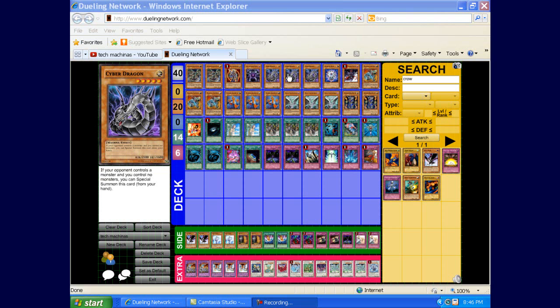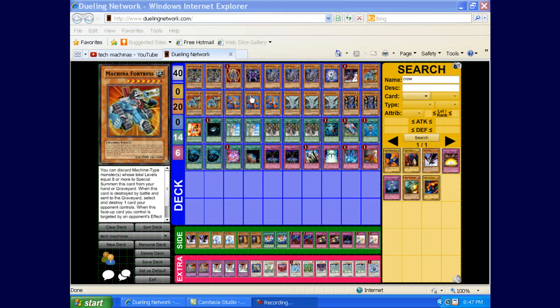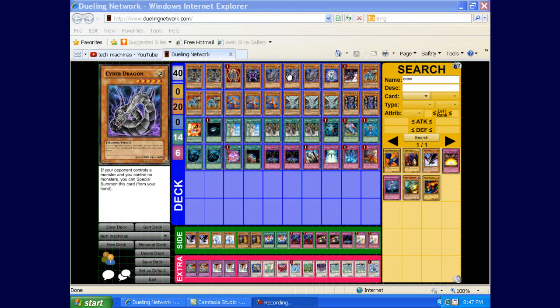Triple Cyber Dragon. I mean, you're running machinas, and you gotta love the fact that you run big machines, so you can bring Fortress out pretty easy. But again, Cyber Dragon's gonna be game breaking. Not to mention, games 2 and 3, your opponent's gonna be siding in Cyber Dragon once they see you're playing machines. So what you need to do is you need to make sure that you always have that Cyber Dragon waiting in your hand, so that in the event that they summon their Cyber Dragon and it stays on the